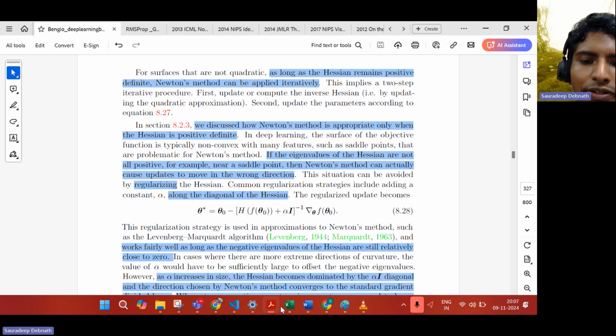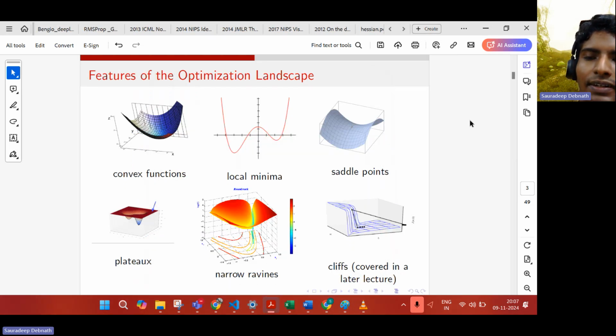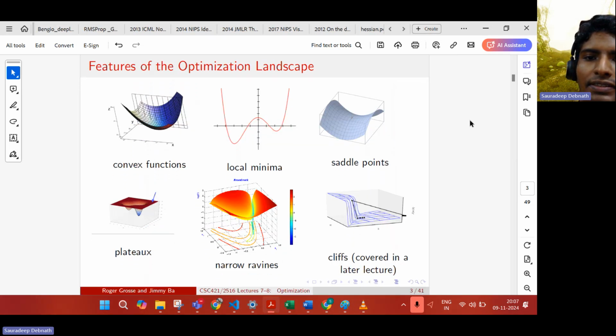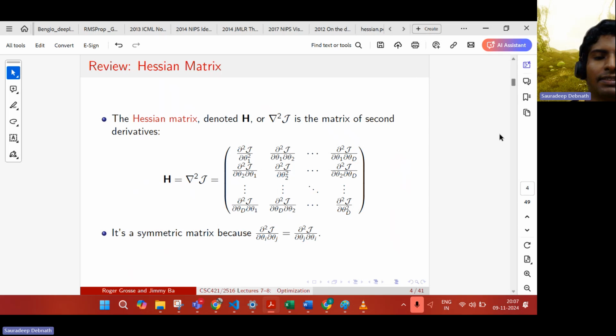Another point to note regarding the Hessian itself. As we mentioned, the Hessian is firstly symmetric, and so